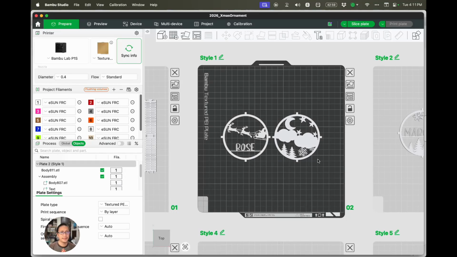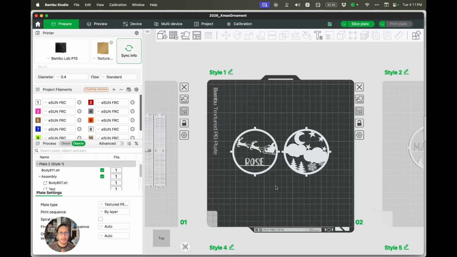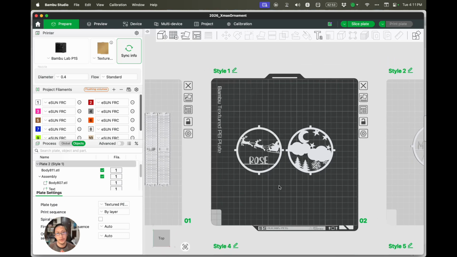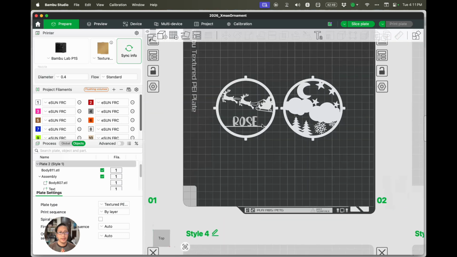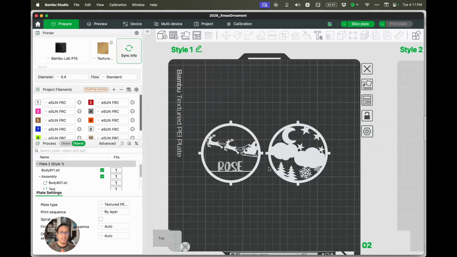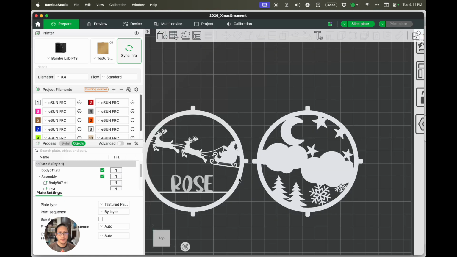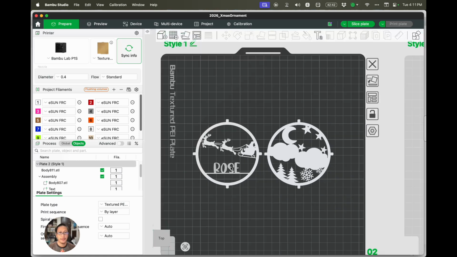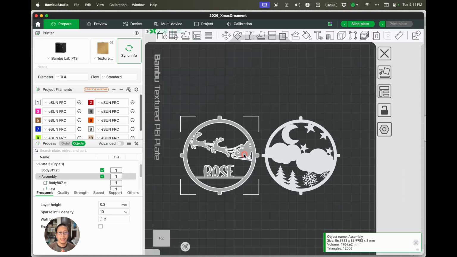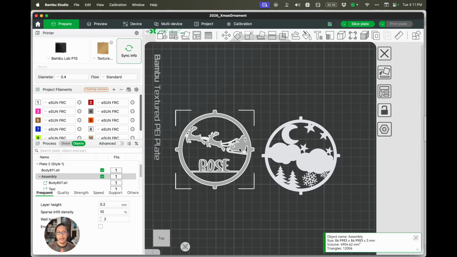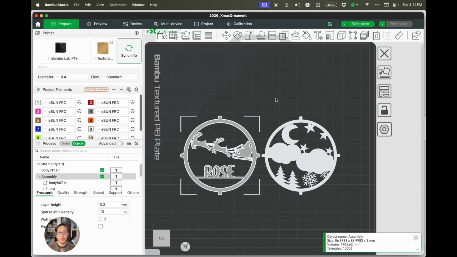Everyone, Jerome here. I'm going to show you how to edit the three-part Christmas ornament that I uploaded to MakerWorld. It's supposed to be a straightforward text change, but because MakerWorld wouldn't let me upload the file, I was getting an error in uploading the file, I had to merge the two objects into one object. So it's now a single object,